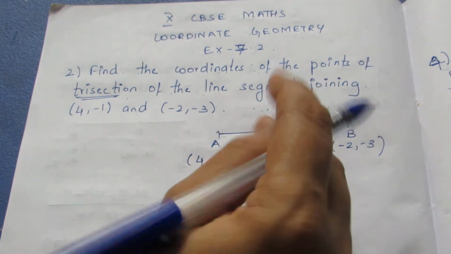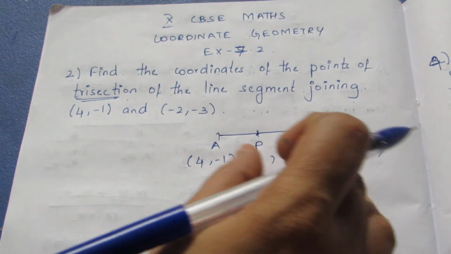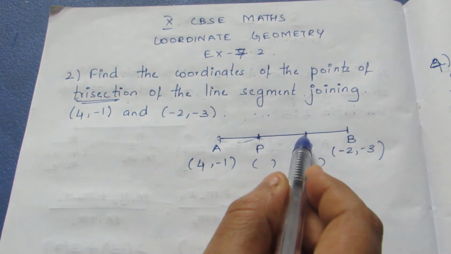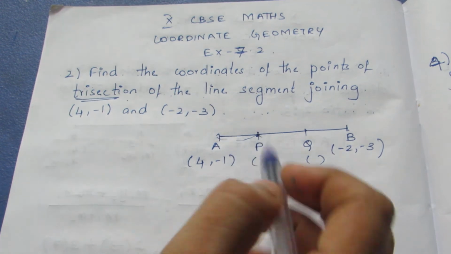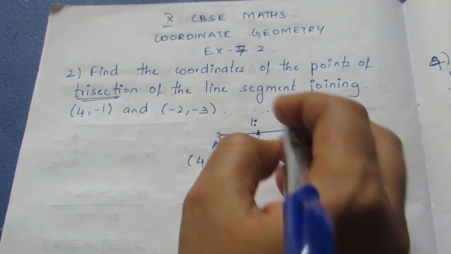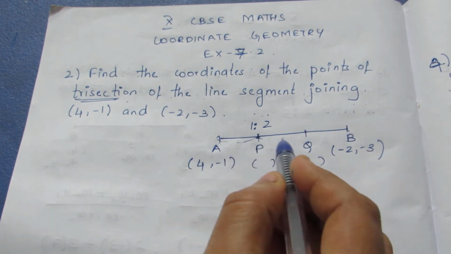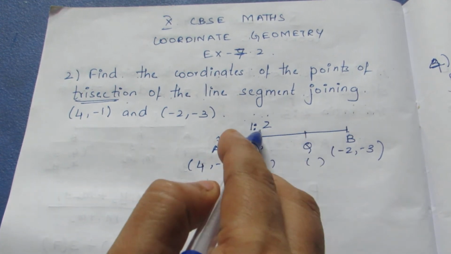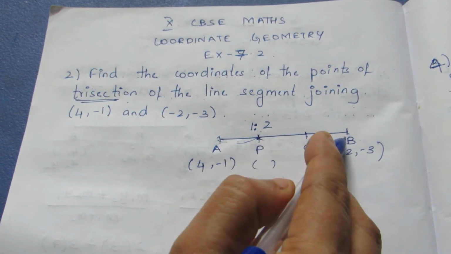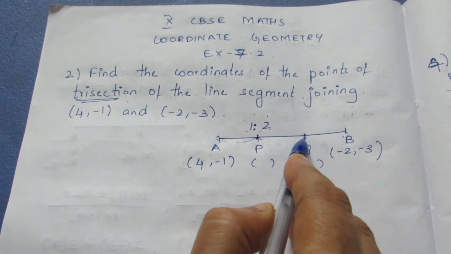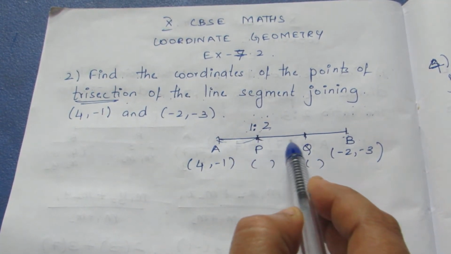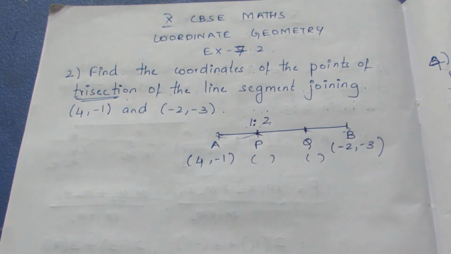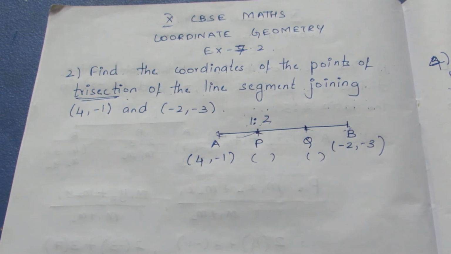This is divided into equal parts. So if I take P, the ratio will be, here it is 1 part, after that it is 2 parts. So the P ratio will be 1 in front and 2 at the back, so 1 is to 2. You need to check the front part is the first one, the back part the second one. Here the Q ratio can be 2 is to 1, because in the front it is 2, at the back it is 1. We can take Q as the ratio of 2 is to 1.